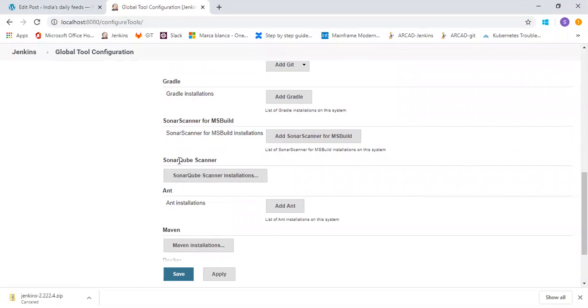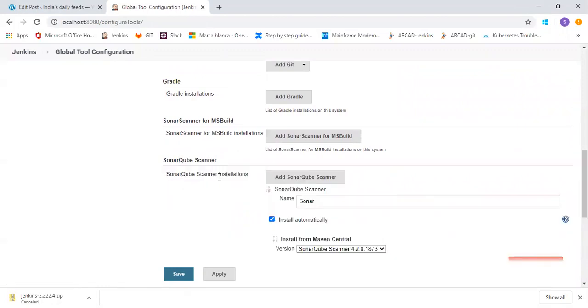You can see the SonarQube scanner installation. In the previous configure system section, we configured the SonarQube server details. Here we have to give the tool details. For this, you need to install SonarQube in your system, or if you don't want to install, you can install automatically.